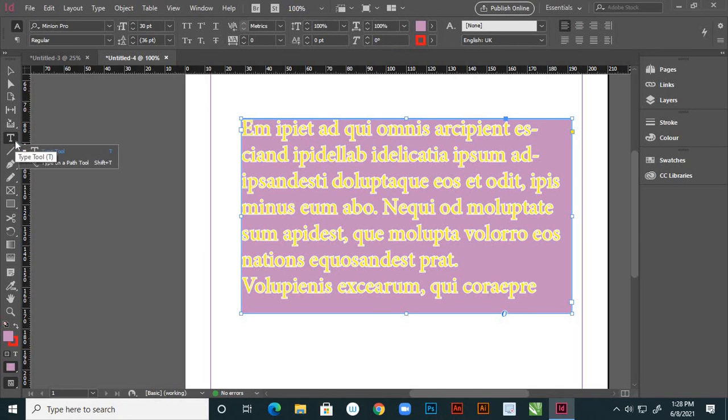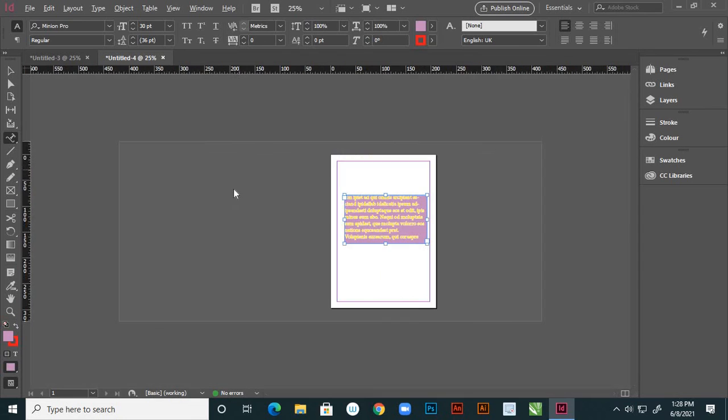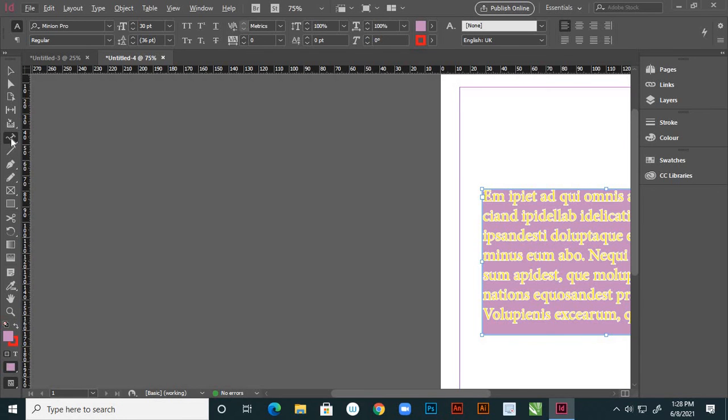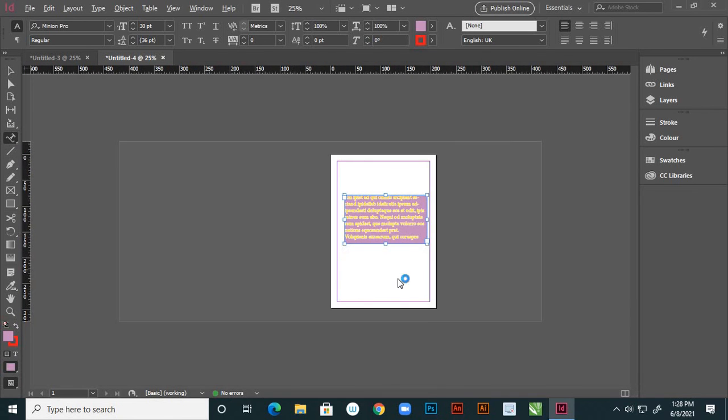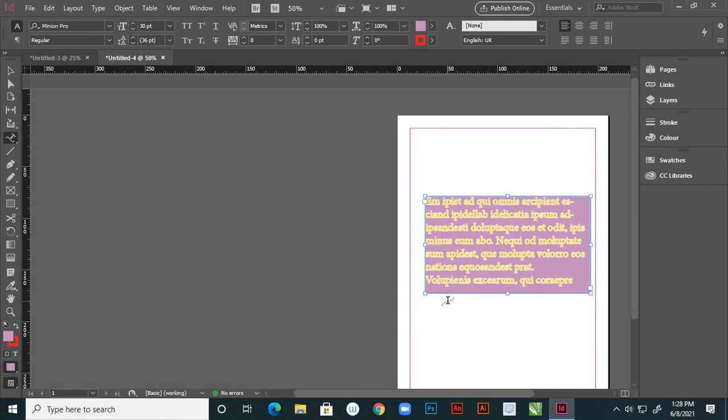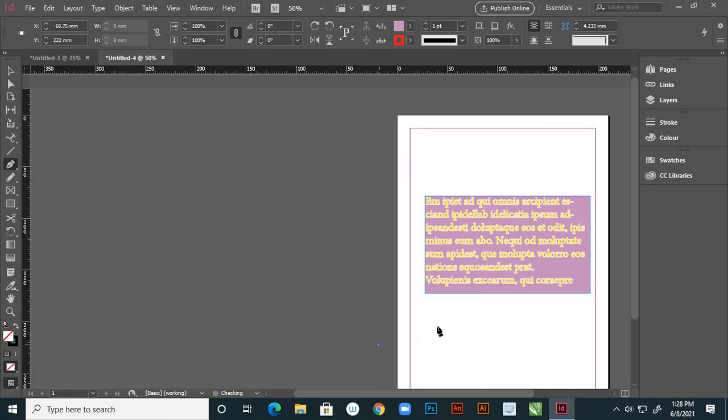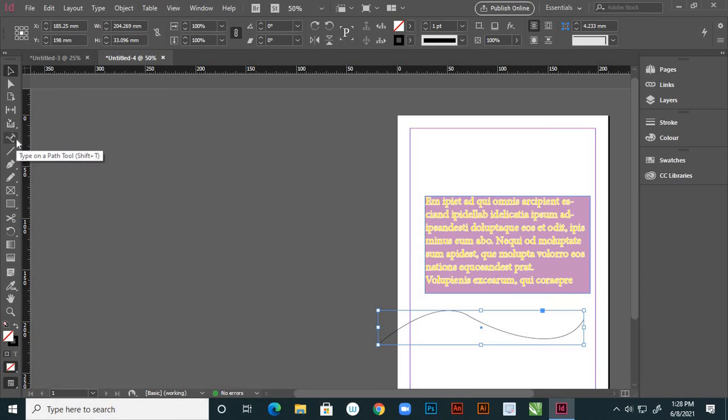So the other one is the type on path tool. It is the same as in Illustrator. So you can first choose your path. Suppose I'm giving one path, right? This is my path. On that path, select the type on path tool, right?